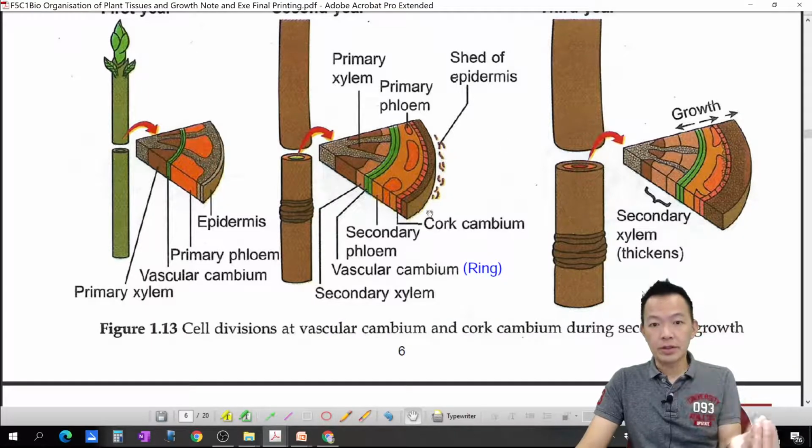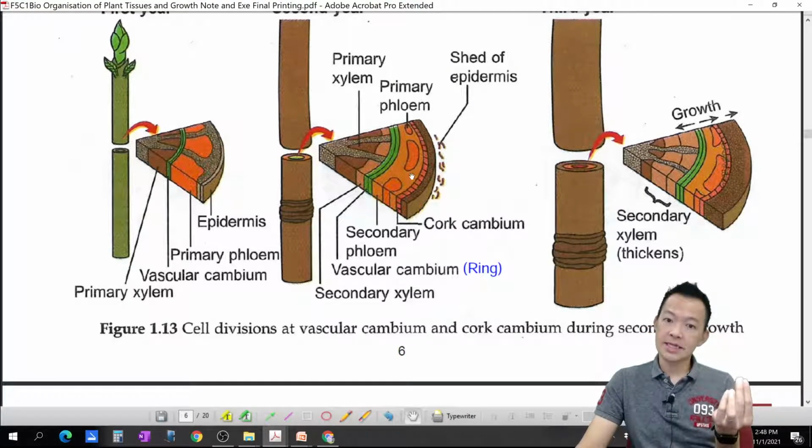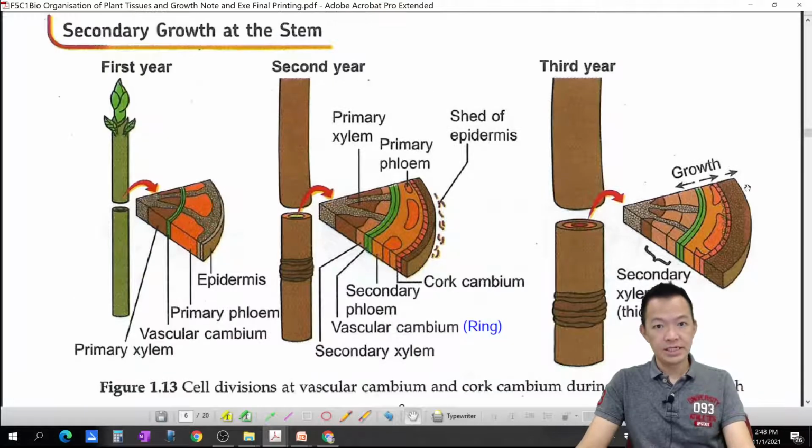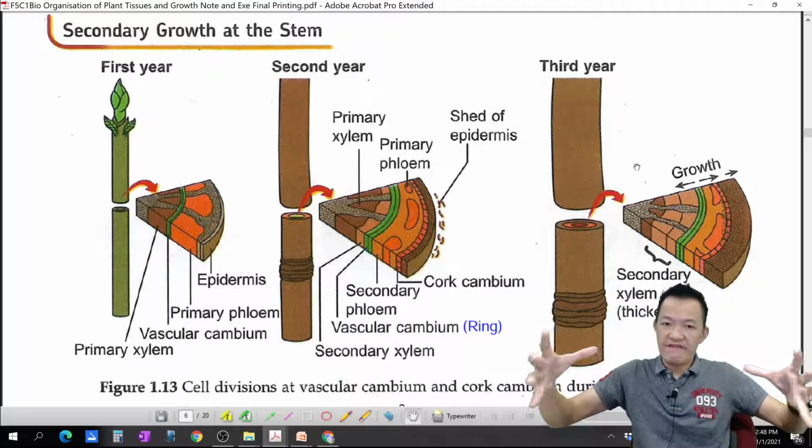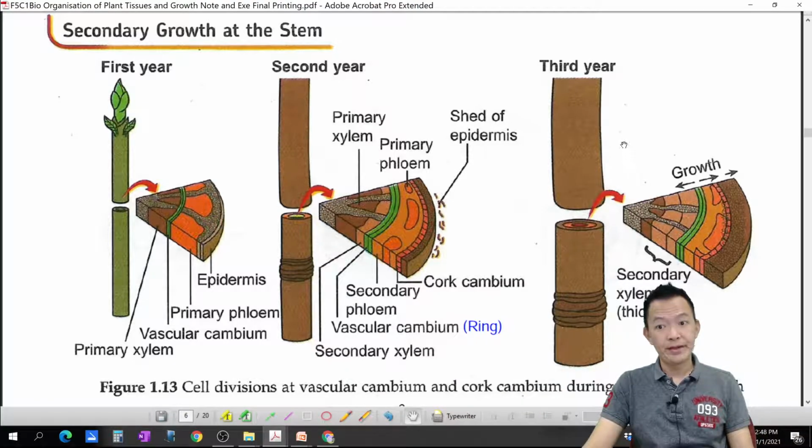So cork cambium is going to produce cork cells and they push outwards, also pushing inward, becoming cortex. 然后 cork cells are going to become mature and become shed，然后凋谢掉，那 shed 的 epidermis 就变成了我们所谓的树皮了，明白了没有？So this is what we call secondary growth for the stem. 所以植物的树干越来越粗，就是这样的原因。